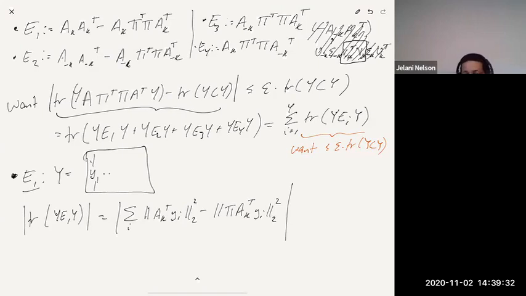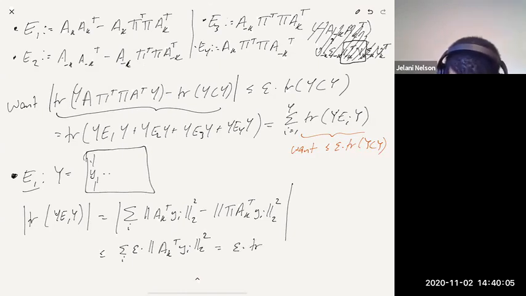And then now, what do I know? I know that pi is an epsilon subspace embedding for the row space of AK, right? AK transpose YI is a vector in the row space of AK, right? So this thing is at most the sum over I of epsilon times the norm squared of AK transpose YI, which is exactly equal to epsilon times the trace of